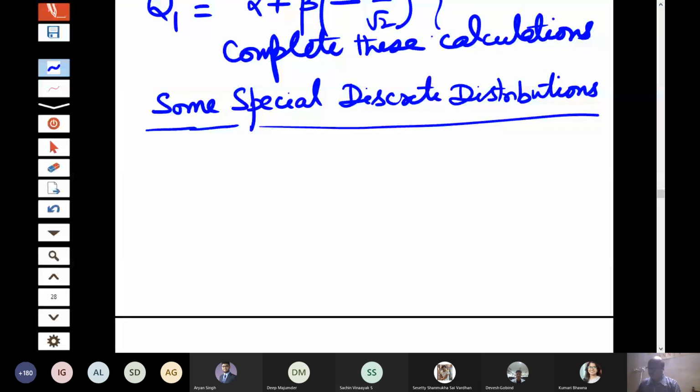Some of them have been in usage for the last 200 or 300 years. So it is better to look at the specific properties of those distributions, because ultimately what is the use of teaching this theory? In real field, when you are working in a company or in an organization, say maybe in a government organization,